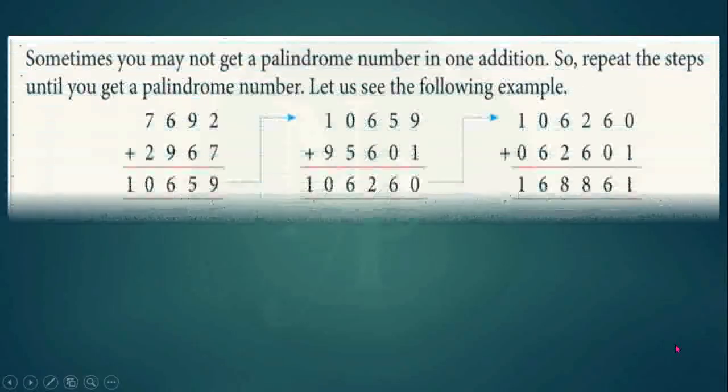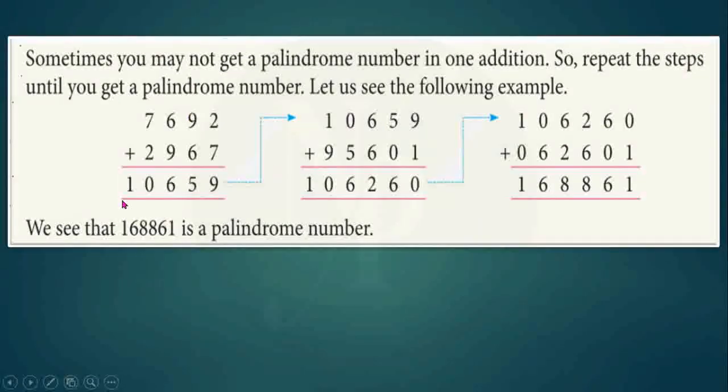Further, sometimes you may not get a palindrome number in one addition. So repeat the steps until you get a palindrome number. Let us see the following example. See here, when you take a 4-digit number 7692